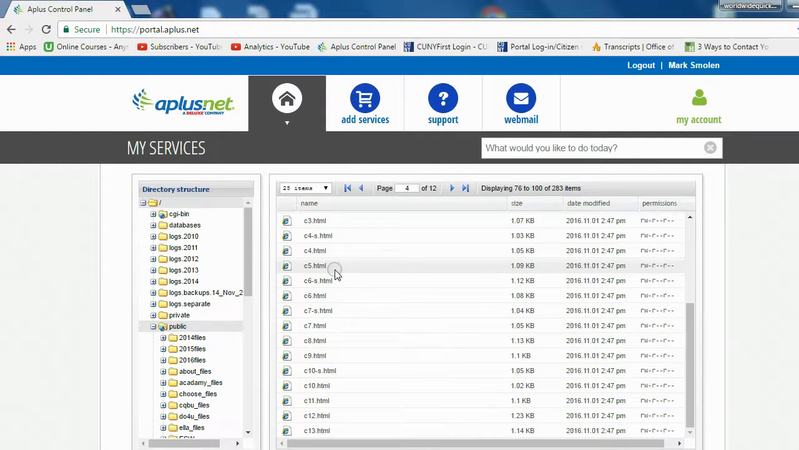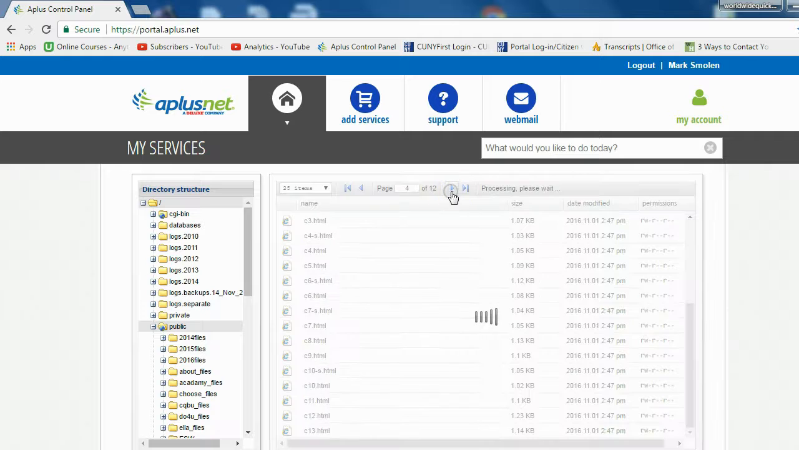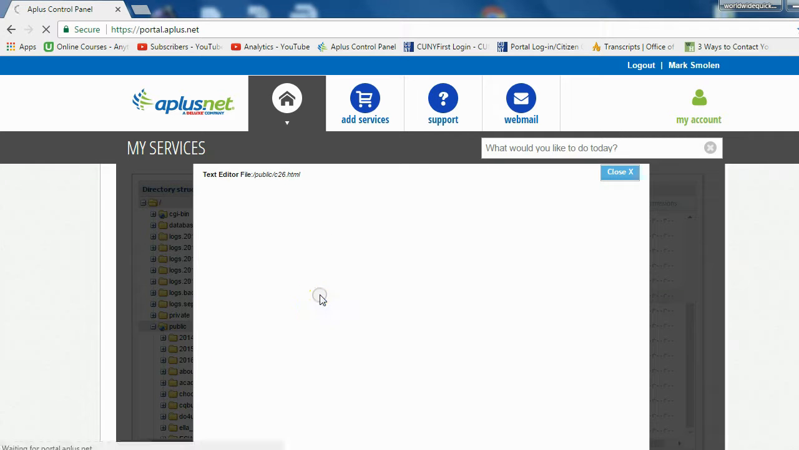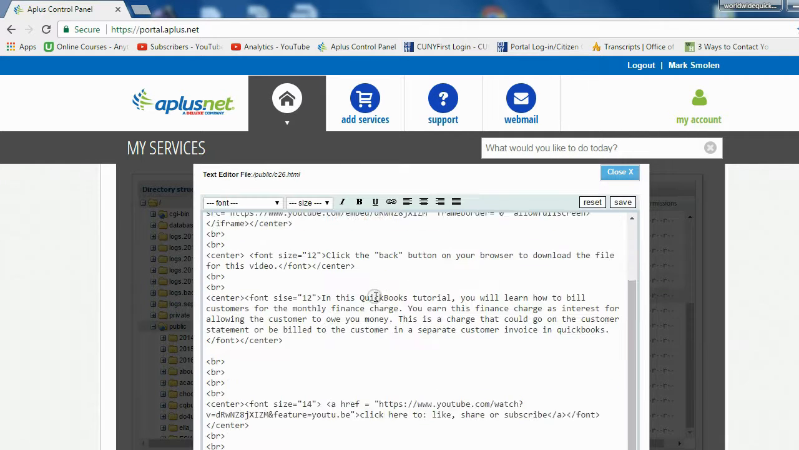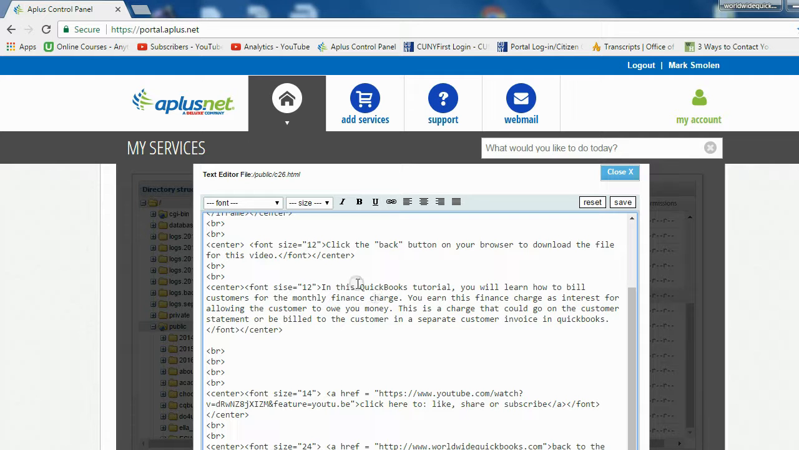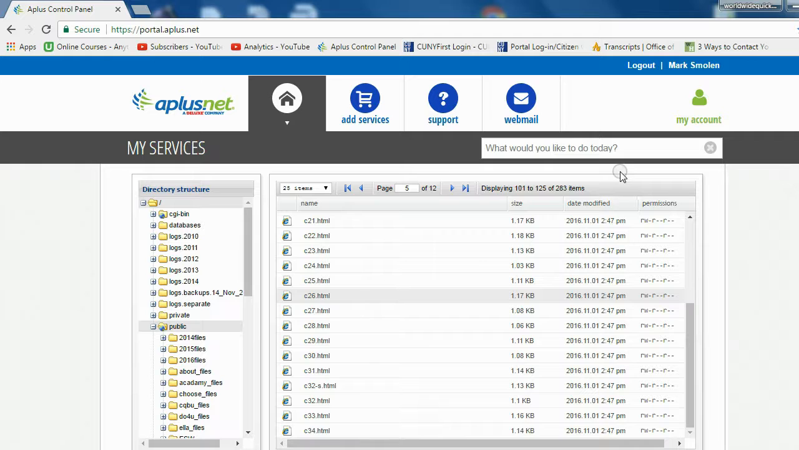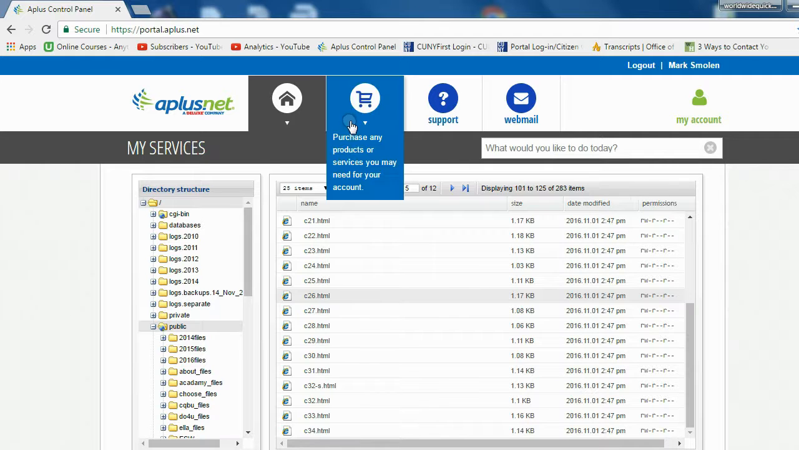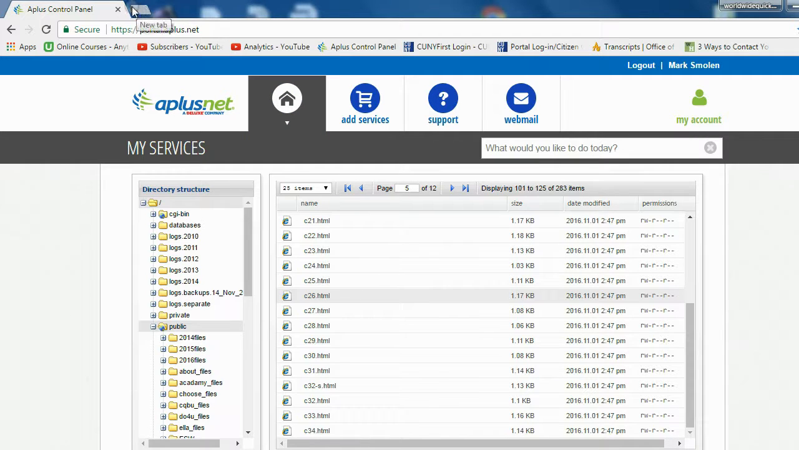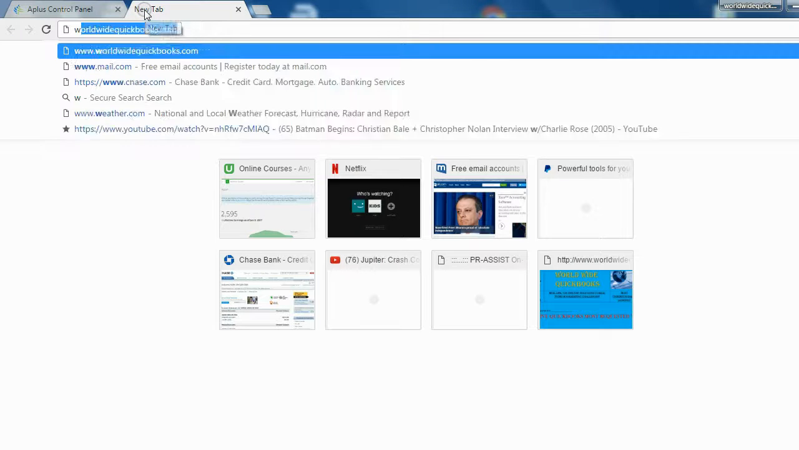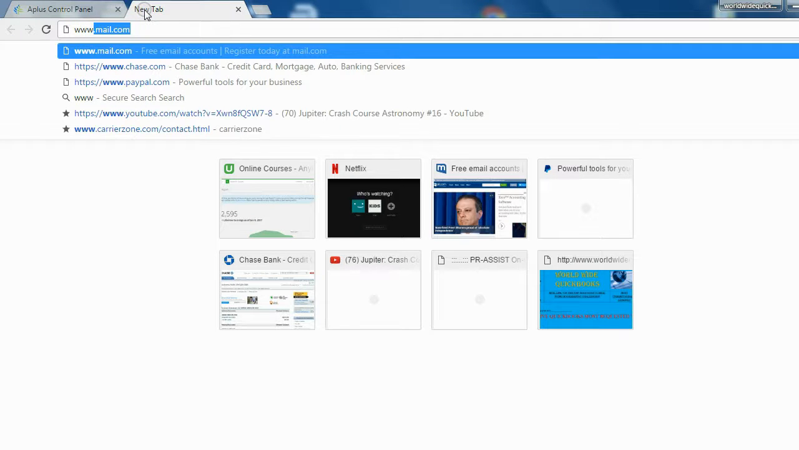So you would go here, and in order to edit one of them, you just choose the one you want to edit and you double click, and then the text of the code comes up, and you can click here and change the code and click save. And that's how my host control panel works as far as changing the code. Now, regarding which particular things you'll have to change, when I go to Worldwide QuickBooks,